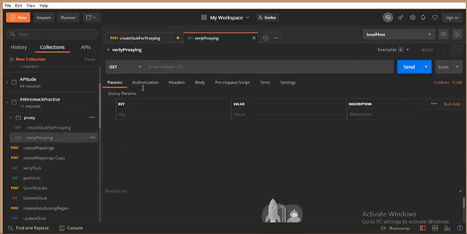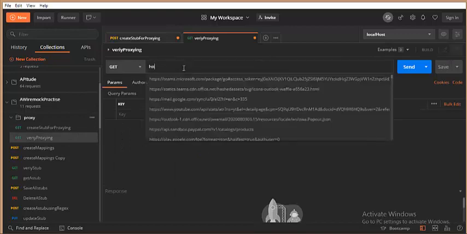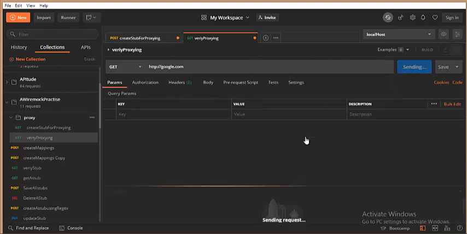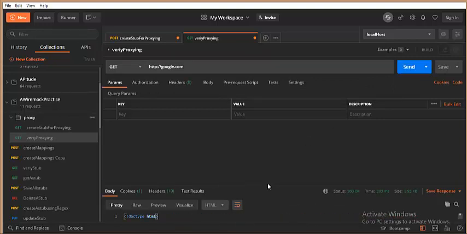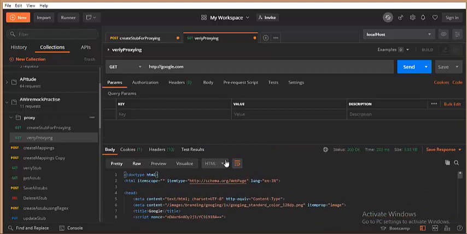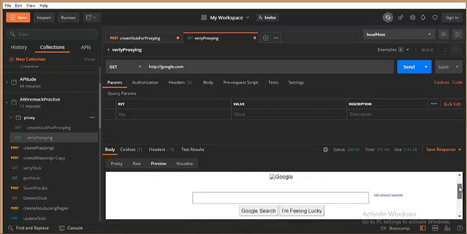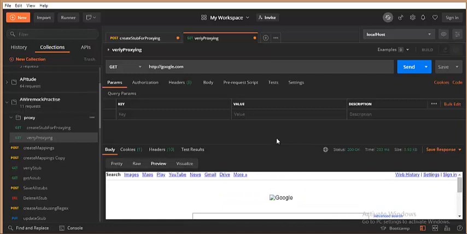In the verify proxy request, let me just hit google.com to see what happens. When I just hit http://google.com from my Postman, I think I have to remove dots and add slashes. When I just click send, you will see 200 OK status, and you will see some HTML code being displayed here. If I go to preview, you predominantly see the Google page. This is how it works, but all you need is to have an internet connection like me. And now I want to see a similar kind of output when I hit my localhost.